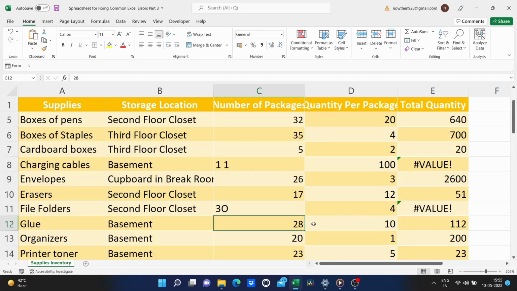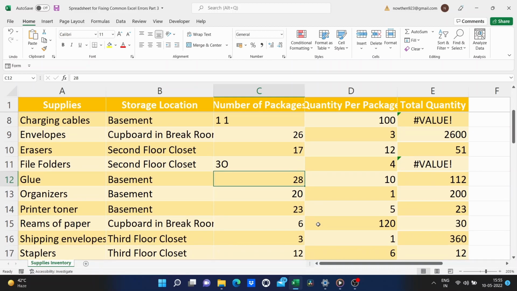Another fairly common mistake that will lead to value error is sometimes when you put symbols in a cell with numbers. Excel doesn't like that sometimes, and you'll get a value error. Now watch what happens if I put a dollar sign in there. Normally you wouldn't do that. Instead, you would select the cell and go up here on the home ribbon in the number group and click on dollar sign. That's the proper way to show these are dollars, but from time to time, people will just go ahead and type a dollar sign.